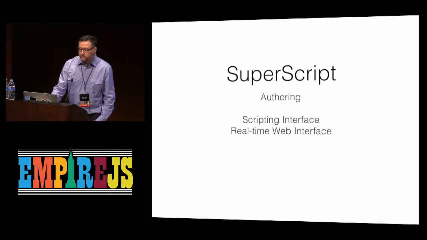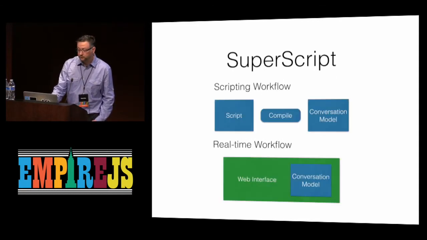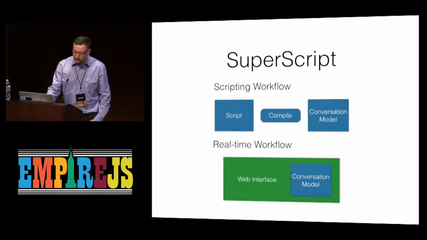It comes with two different authoring interfaces. The first one is just scripting and text, and essentially all these examples will be just that. But there's also a real-time interface, it's like a more interactive model, and it kind of speeds up the debugging cycle a little bit. This is essentially what it looks like. So the scripting model, you write some text in documents, and then you compile them down using a compile command or bake them into a library. And then it spits out a conversation model. In this case, I'm really referring to a Mongo model. And then the real-time flow, it's all integrated, so there's no compile step. It feels a little bit more natural sometimes writing in the scripting interface and debugging things. However,